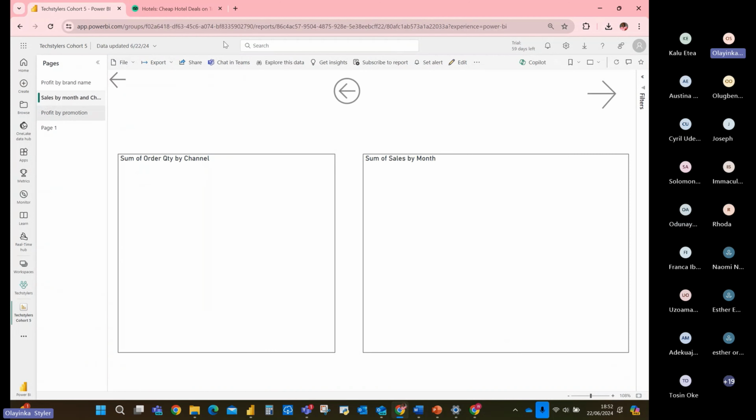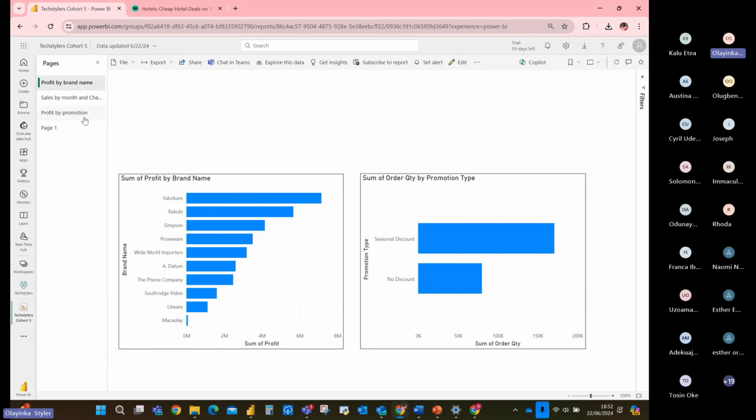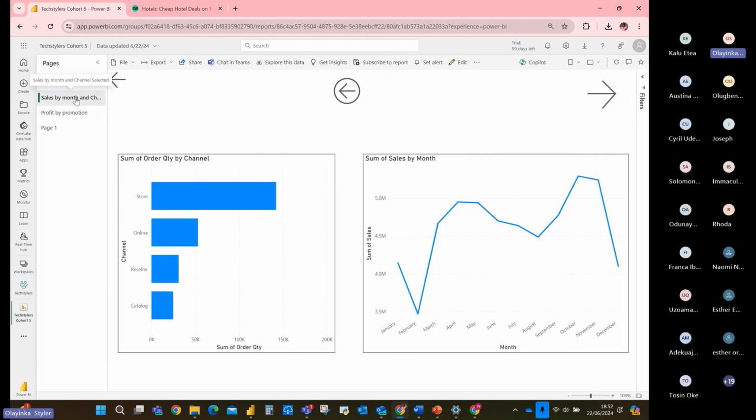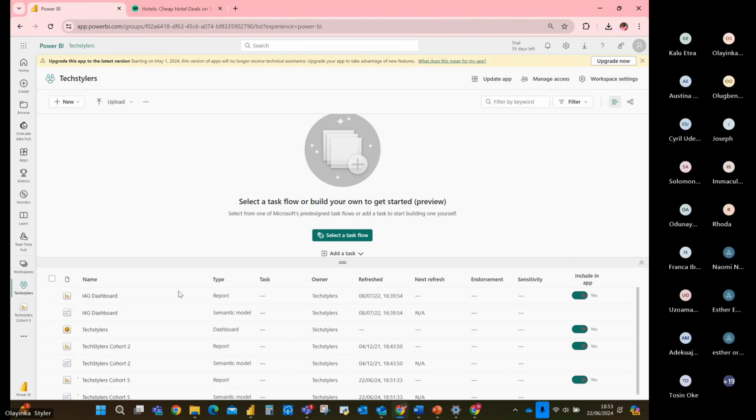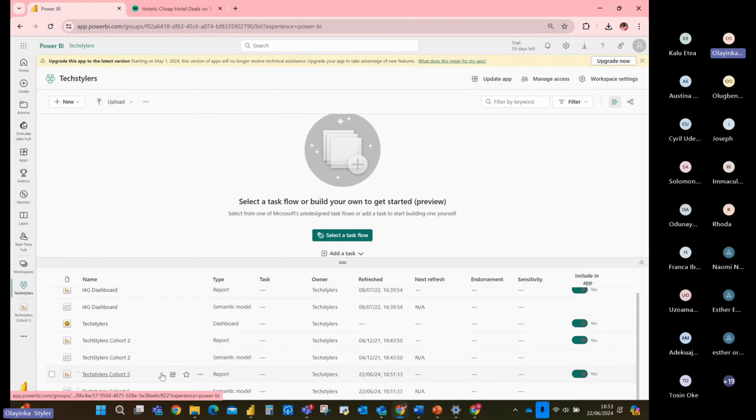Like here, if you click your normal previous page, everything is just the way it is in the report, the way it was in the reports when we were on desktop, and then you can share with people. So if you go back to the workspace where we had the reports, you can just go here. So like I was saying,